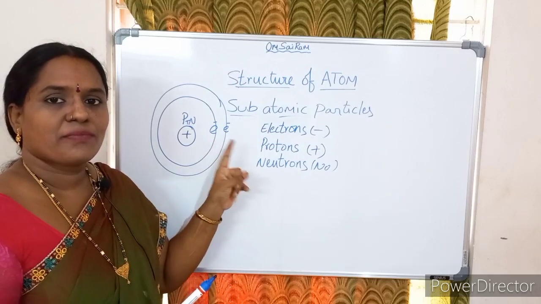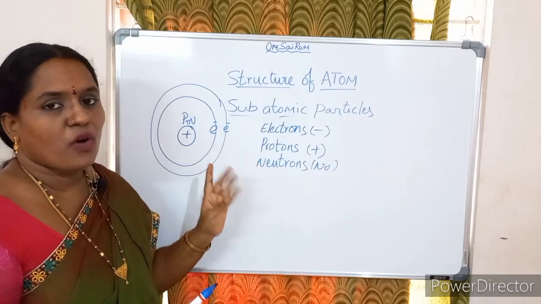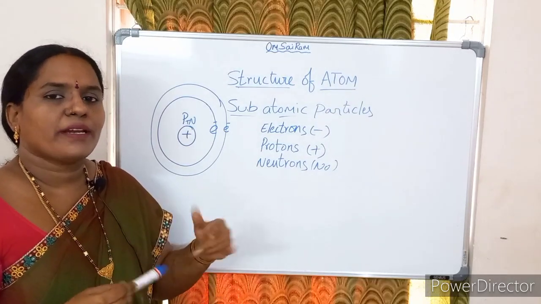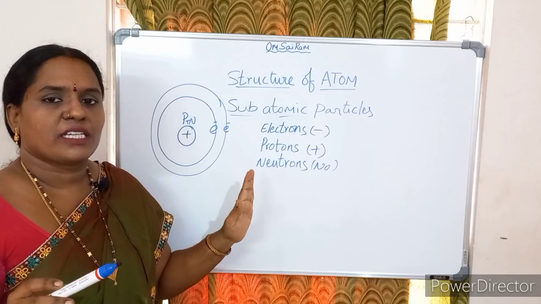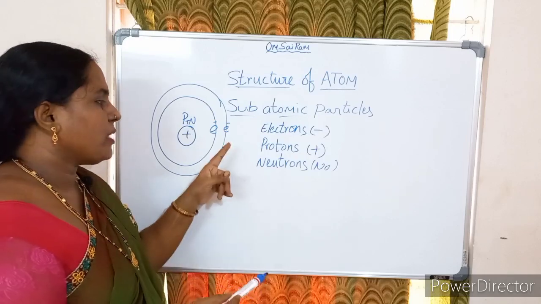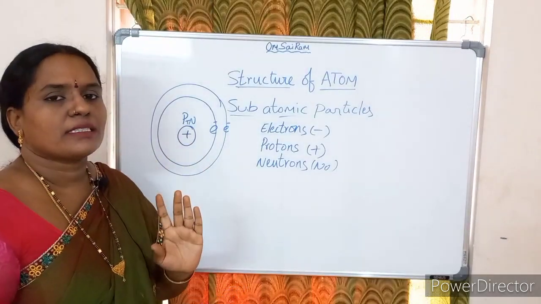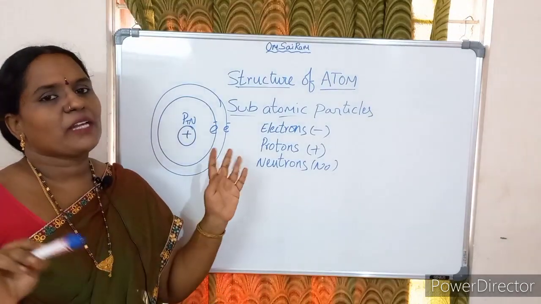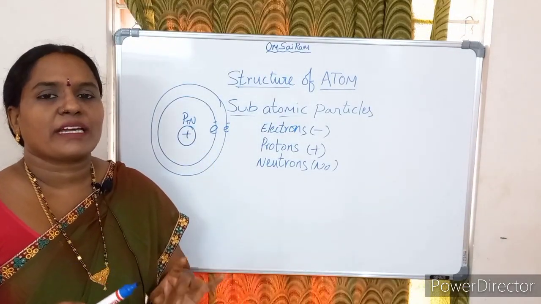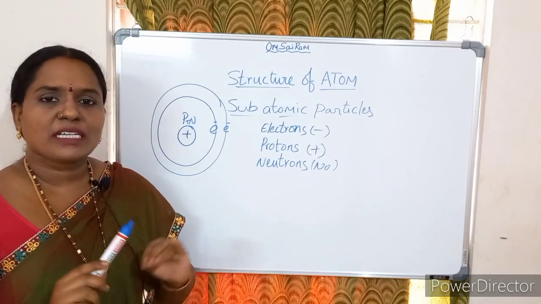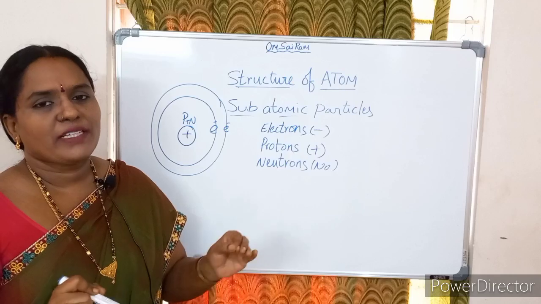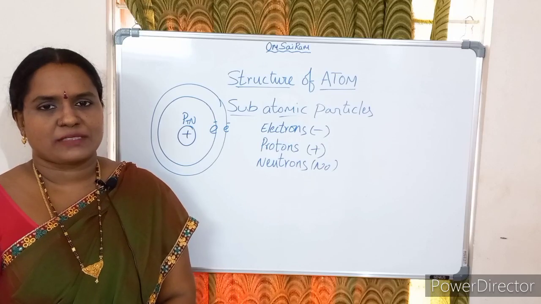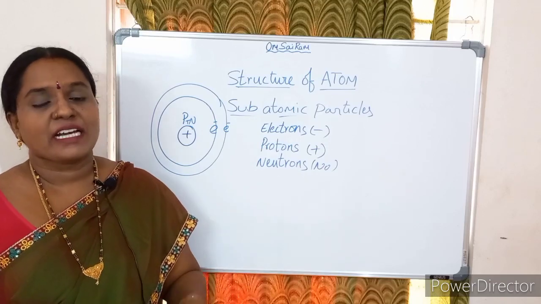According to classical physics, when a charged particle is revolving continuously in an orbit, it has to lose energy. When it loses energy, it may fall into the nucleus. The positive charge attracts the negative charge, and finally the atom collapses. But it is not happening. Atoms are stable. So the Rutherford model failed to explain the stability of the atom. All these things we have learnt in the previous classes. Atom has subatomic particles, and also J.J.